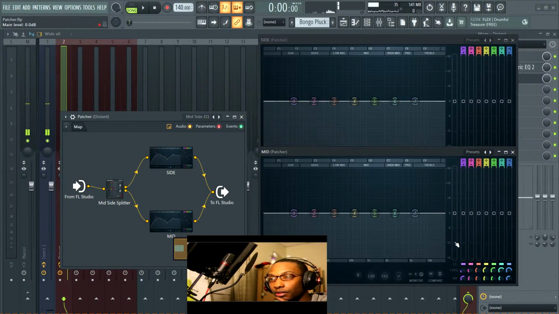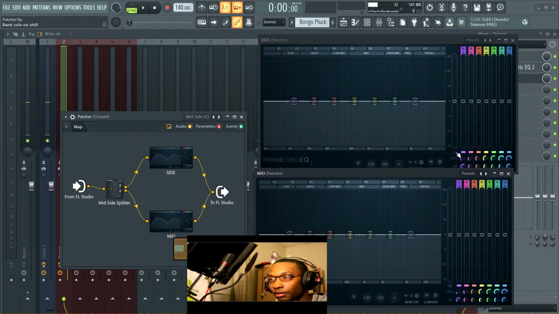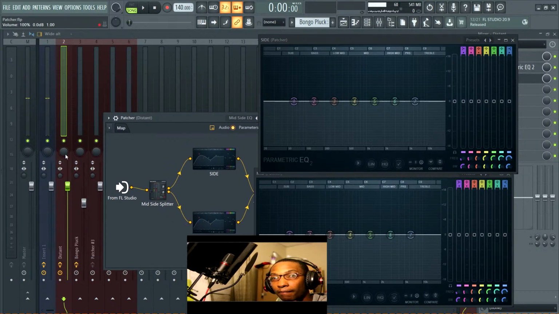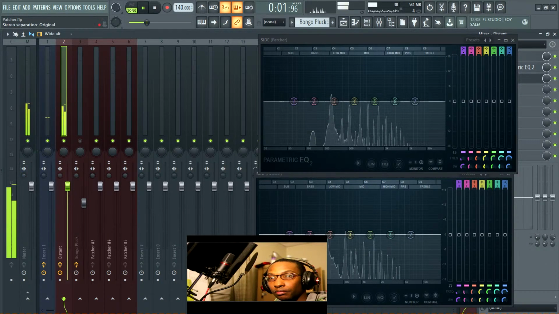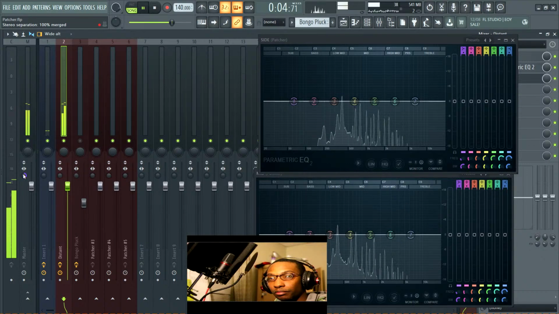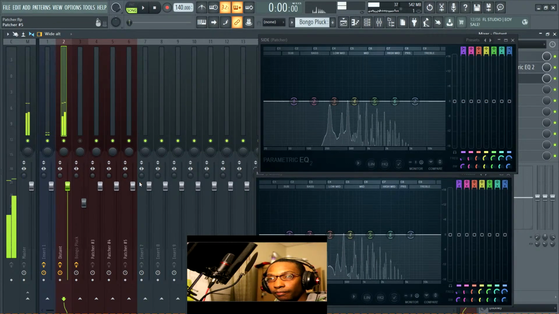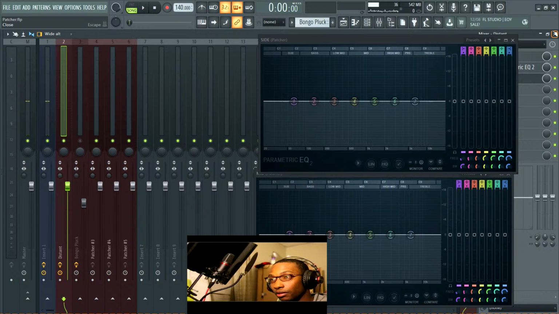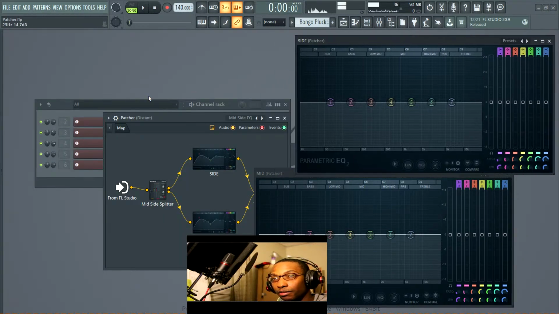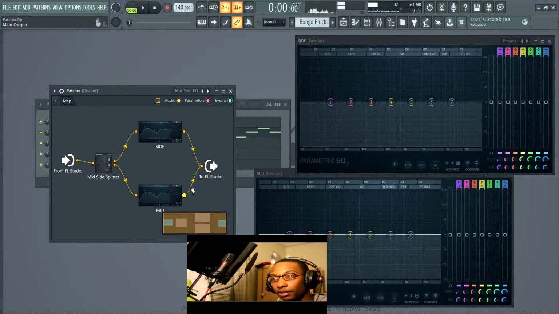So it opens up looking like this. It has two EQs. One of them has mid, one of them has side. This is useful if sounds disappear in mono. So turn that one off, play just this one. It doesn't disappear too much in mono, but still, you might want to adjust one of them just because it'll become more pronounced. And the cool thing about this is because it's divided this way, you can mix mid and